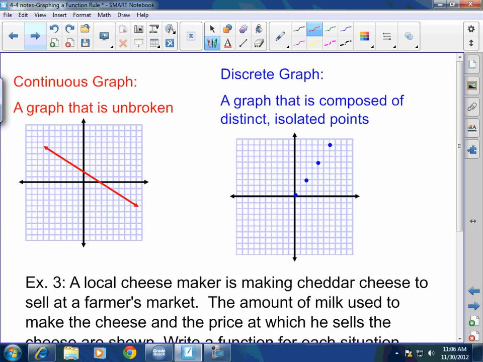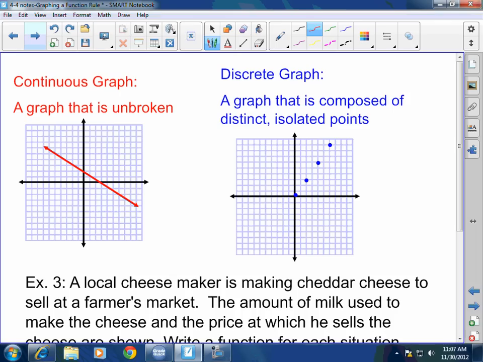Okay, now, discrete. It's a graph that is composed of distinct isolated points. Let's say that I tell you every day at 8 in the morning, Mr. Morrow gets 2 cookies and he keeps them. I want to know the total number of cookies at the end of the week. Those would be individual points. Because if I'm saying every day at 8 in the morning, can I have half a day? No. So when I have to have exact values and I cannot have halves or decimals,